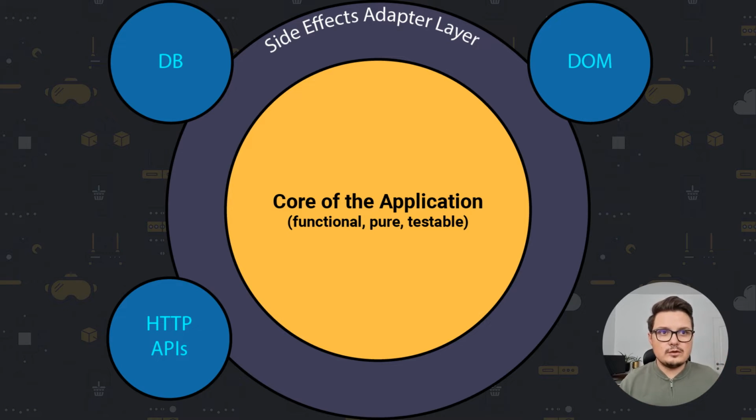When structuring your code base, the core of the application should be composed of pure functions. Database mutations, DOM manipulations are side effect inducing functions. This should be kept to a minimum, and more of your business layer, the logic of your application should be happening within these pure functions.